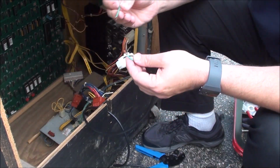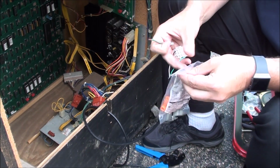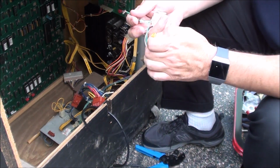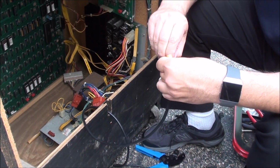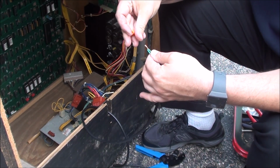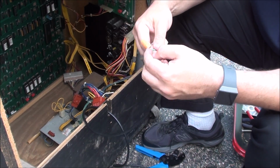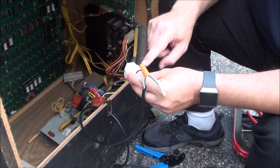I had the ground, which was on here, and so what I'm going to do with that ground wire, because I don't actually have another one of these big spade crimpers, and this is just the ground wire on there. Not that the ground's not important, it is, but I'm going to use this wire nut. So that'll do fine. Now I just need to do the others, 4 more